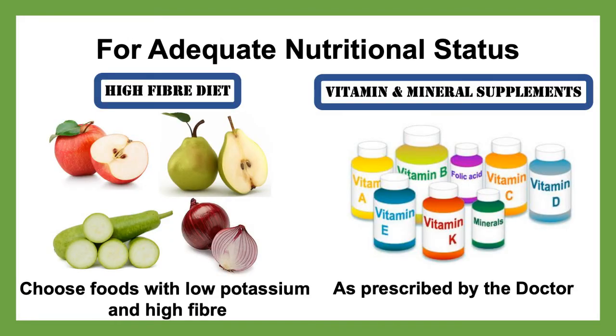What else is required for maintaining adequate nutritional status in CKD? Diet with high fiber content is beneficial, thus vegetables and fruits such as apple, pear, beans, bottle gourd and onions which have low potassium yet good fiber content should be eaten regularly. There may be an inadequate intake of vitamins and minerals due to poor appetite and dietary restrictions of many fruits and vegetables in CKD patients, hence supplements of iron, folic acid and vitamins may be taken as recommended by the